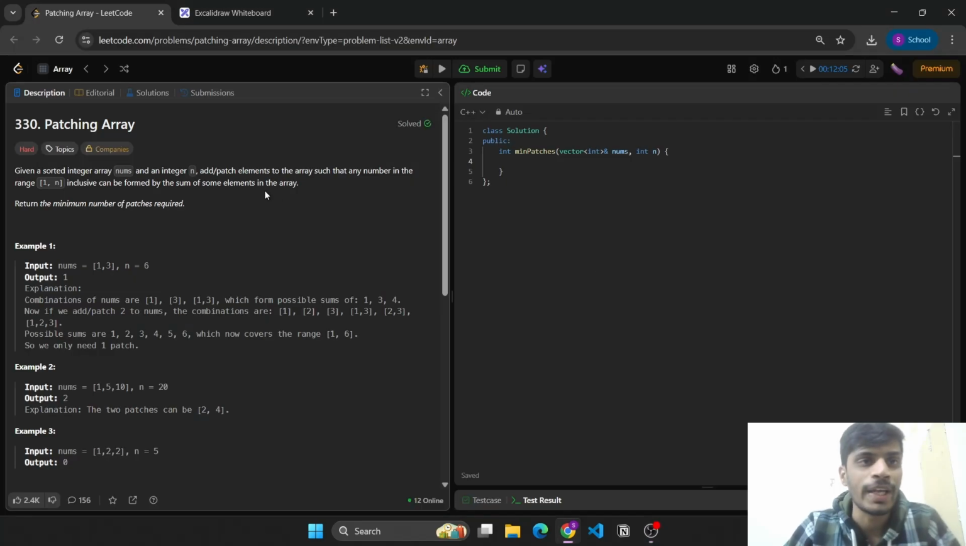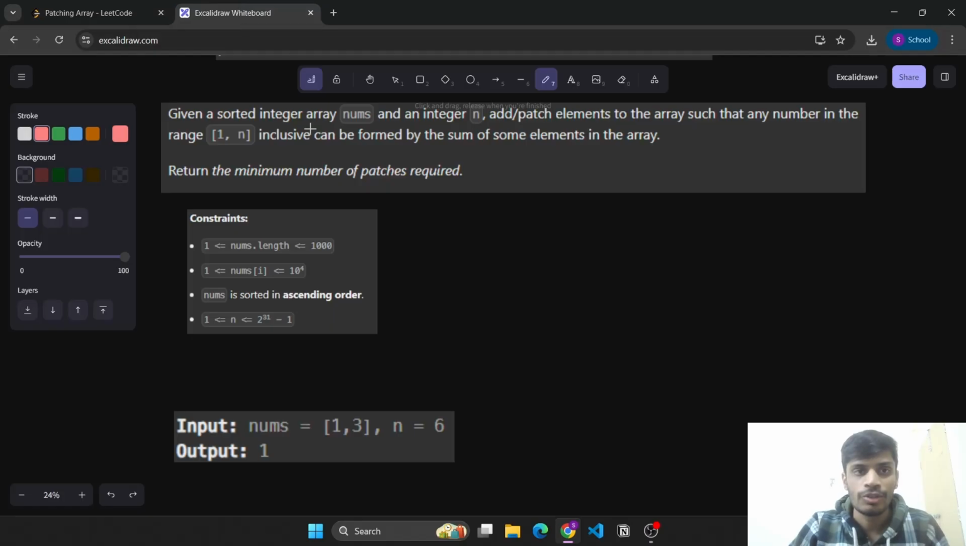Hello everyone. So today we'll be solving this LeetCode hard problem, patching array. So the problem states that we are given a sorted integer array nums and we are also given an integer n. Now we can add or patch, which means we can add some elements to this already existing array nums such that any number in the range 1 to n inclusive can be formed by taking